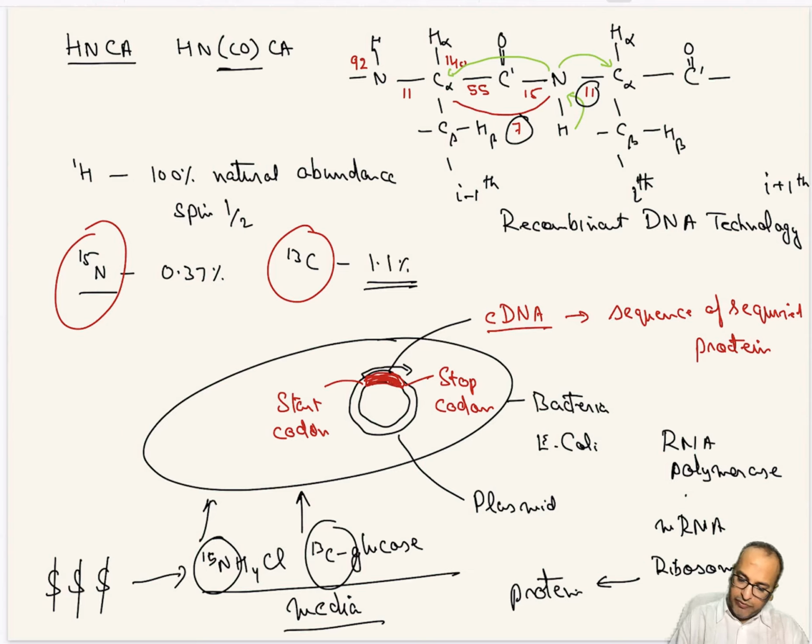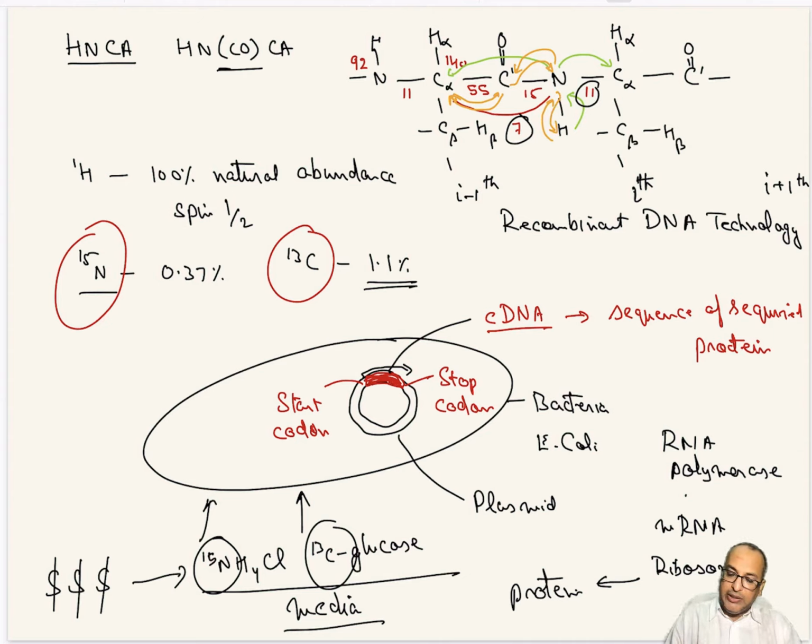so let me choose a different color for this transfer. Let's take orange. So here what I'm doing is I'm going from proton to nitrogen, then nitrogen to carbonyl, and then carbonyl to C alpha, and then back in the same way. Okay, so you go back in the exact same way. So C alpha to carbonyl, carbonyl to nitrogen, and nitrogen to proton again.